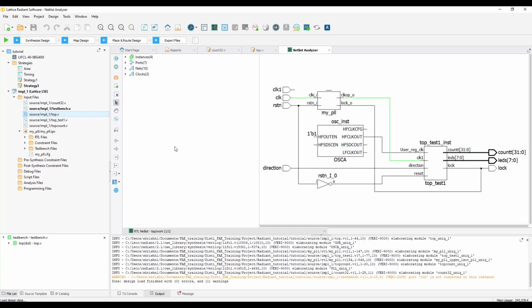This Netlist Analyzer has 4 parts. First, there is a toolbar which has various options to control the schematic of the design. Then there is a netlist browser that provides the listed nets of module instances, ports, nets, and clocks. There's also a schematic view that shows a schematic of the design. Depending on the size of the design, the schematic may consist of multiple sheets. We also provide a mini-map, which is a miniature view of the sheet. This helps you pan and zoom in the schematic view. Click on this world view to see this.